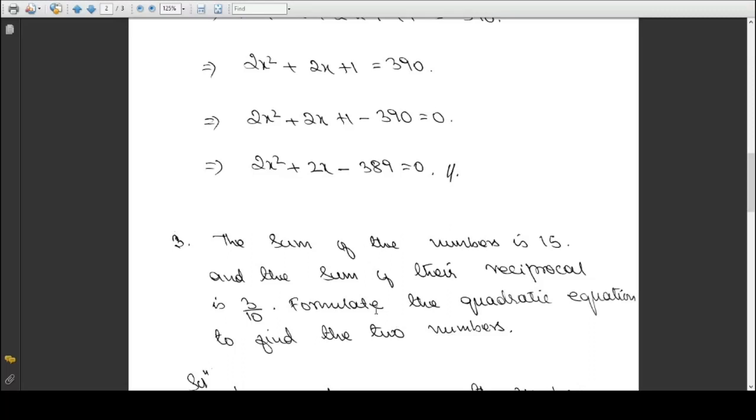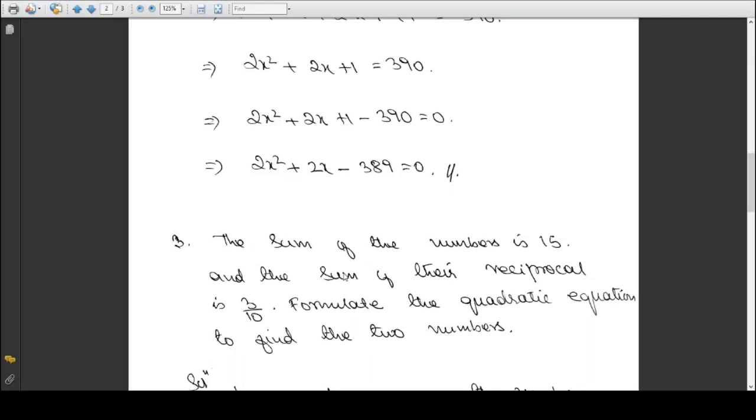Okay, now here, if I say the sum of two numbers is 15 and one of the numbers I've given you is 5, what is the other? The other will be the sum of these two minus the one number that you have already got, that is 15 minus 5, which is 10. This means the other number will be 10, isn't it?